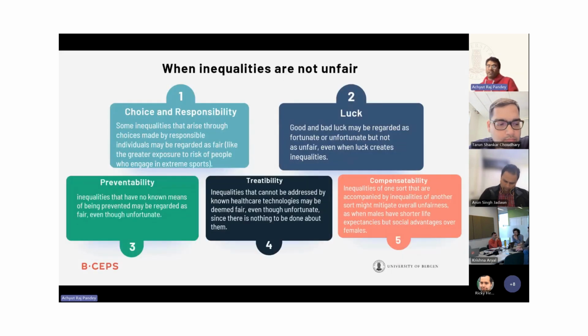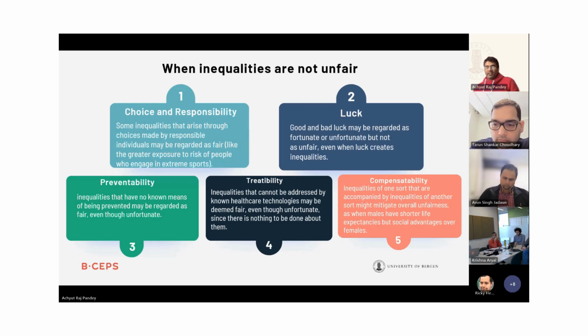Apart from this, there are several other factors that we may have to consider and adjust for while analyzing equity. Sometimes it's about choice and responsibility. For example, we can compare road traffic accidents among the general population with those involved in car racing or motorbike racing. So that is choice, and some differences are fair. And sometimes it's about luck, maybe good or bad, fortunate or unfortunate events,